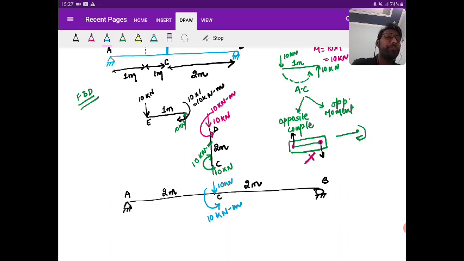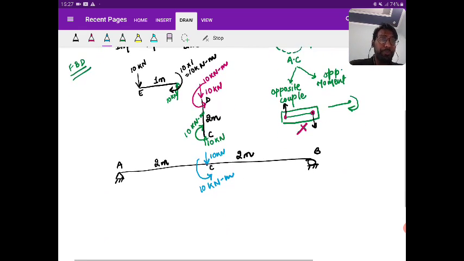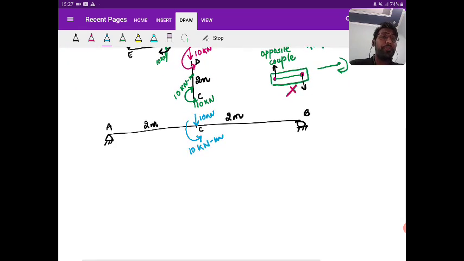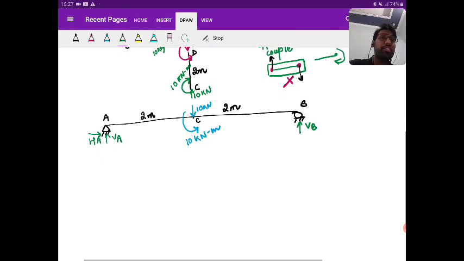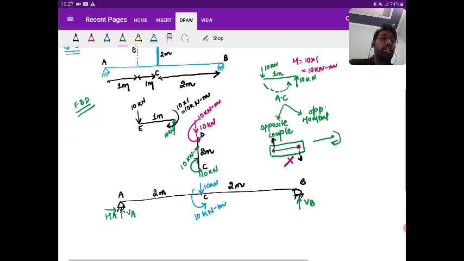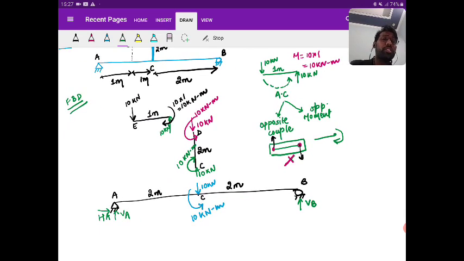So will you like to try that? Will you like to find the support reaction? Assume the vertical force at A is VA, horizontal is HA, and at B the vertical is VB. Come on, find fast. Till then, those who have any doubt, please mention in the comment box. I will reply. Yes, rest please try to get the answer.